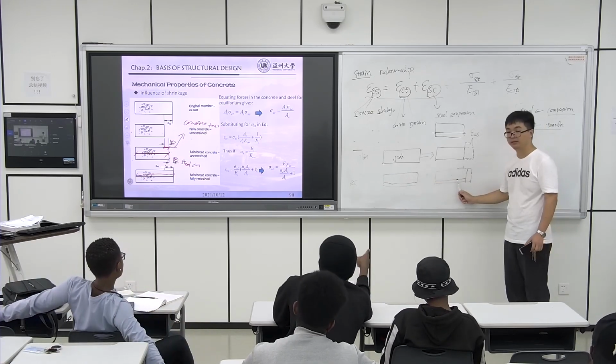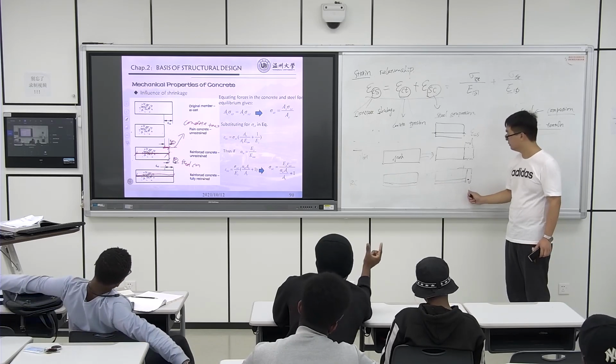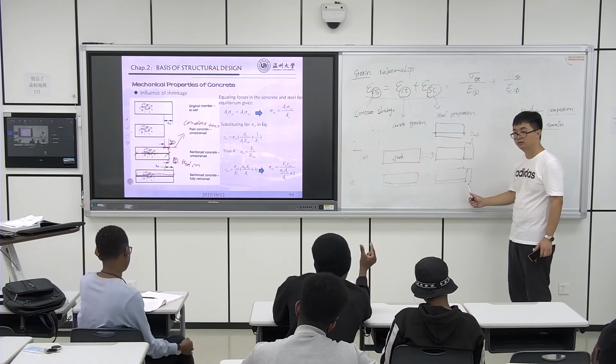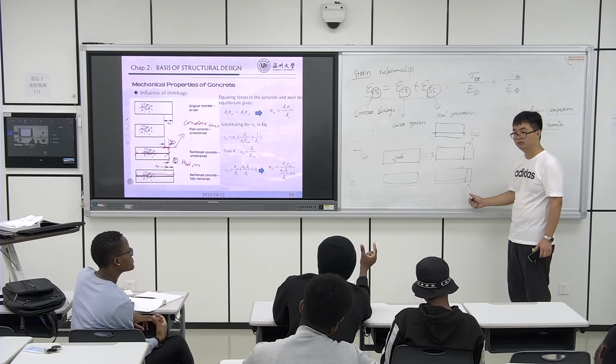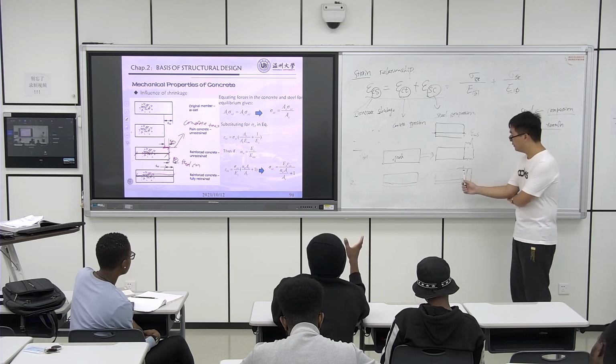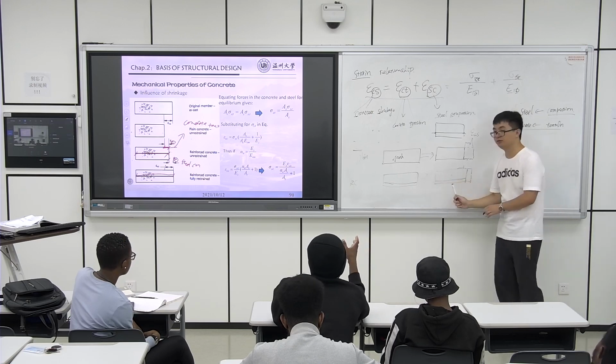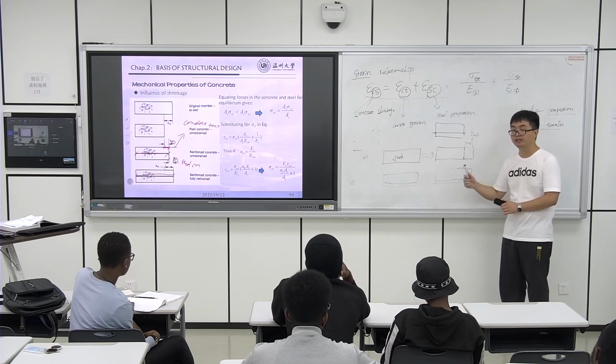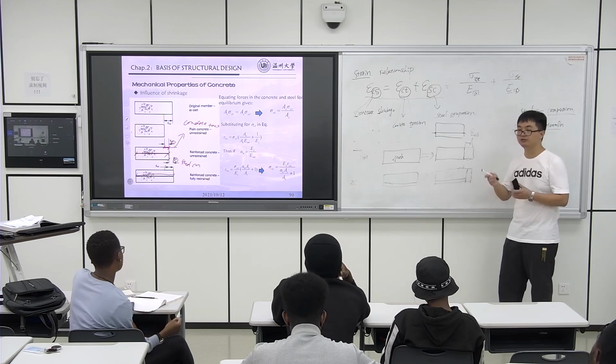It looks like all of it got shrunk. But looking at the fact that steel doesn't shrink as concrete does. Oh, this one is just observed in the experiment, because steel bars are